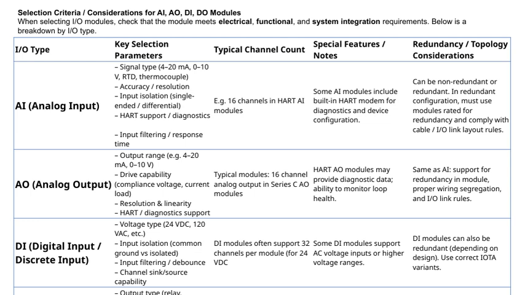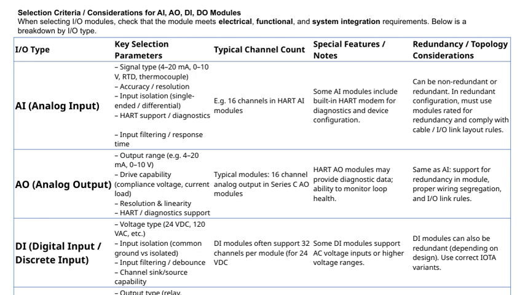Moving on to AO, or analog output modules, key parameters include the output range, like 4-20 mA or 0-10 V, and drive capability, which involves compliance voltage and current load. Resolution and linearity are vital for accurate control signals. Support for HART and diagnostics can help monitor loop health and troubleshoot issues. Similar to AI modules, redundancy support depends on the application, and proper wiring and I/O link rules must be followed